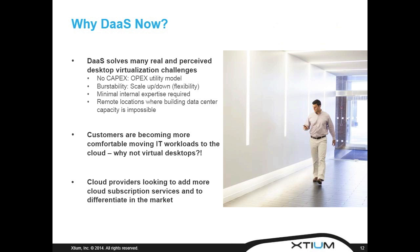We understand that no customer would leverage a desktop as a service solution unless they were confident that the hosting service provider, Xtium, cannot see and access the end customer's desktops or data, and that the tenants, each individual customer, are isolated from each other. We have a good story to tell there with white papers and a lot of independent audits